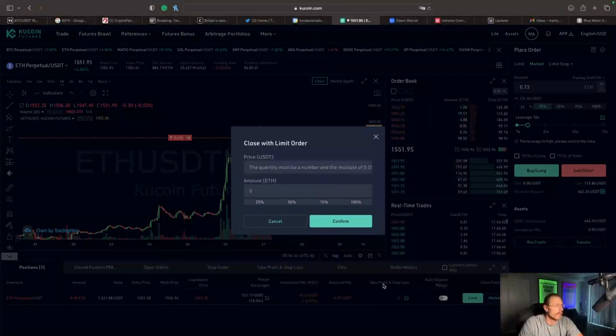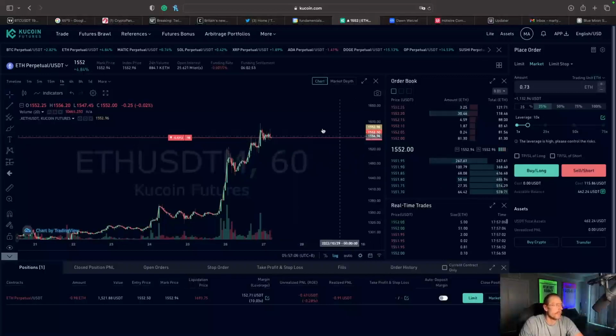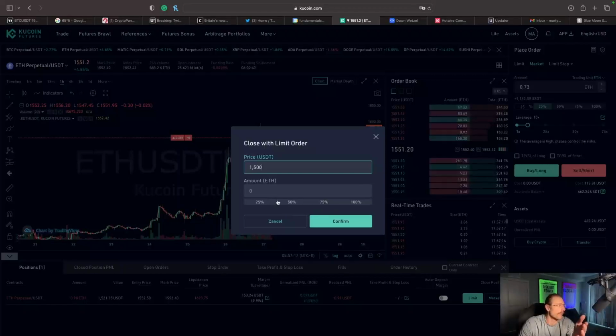So let's say you don't want to take profit this way because you don't want to lose your whole entire position. Let's say that I think Ethereum, which is at 1551 right now, is going to at least come down to like 1500. So I'm going to put 1500 as a price. And when Ethereum reaches that price for my leverage short, I want to take at least half of